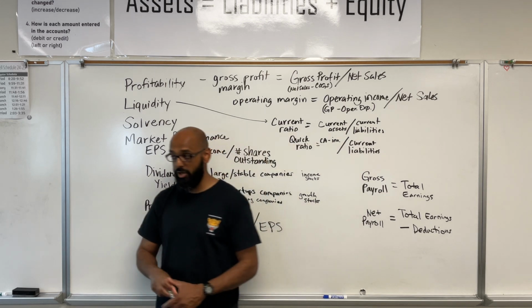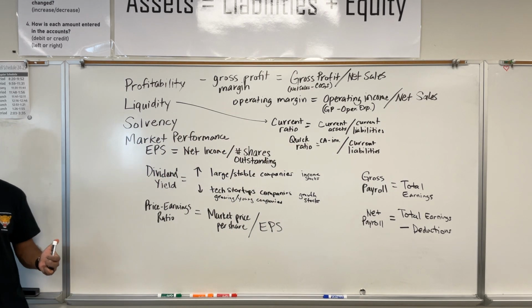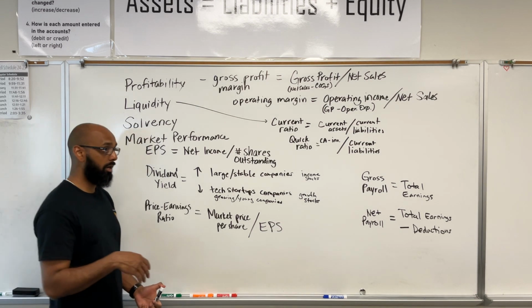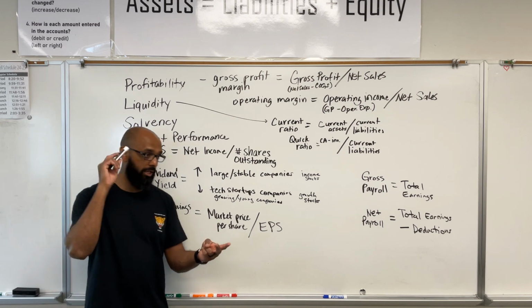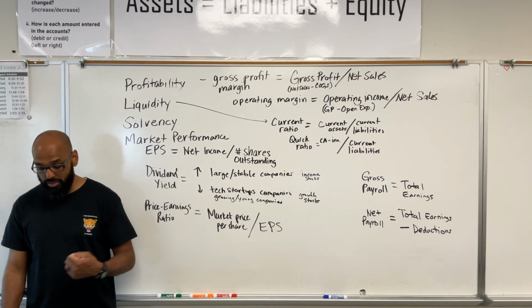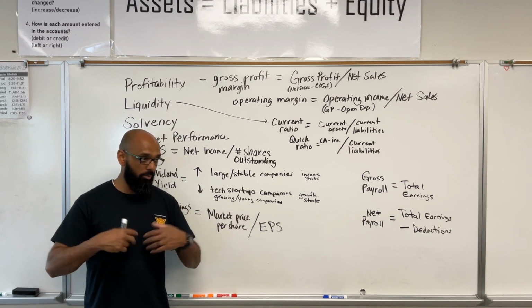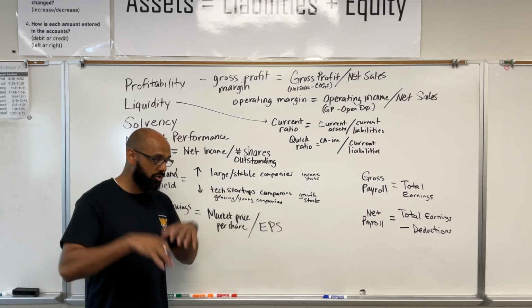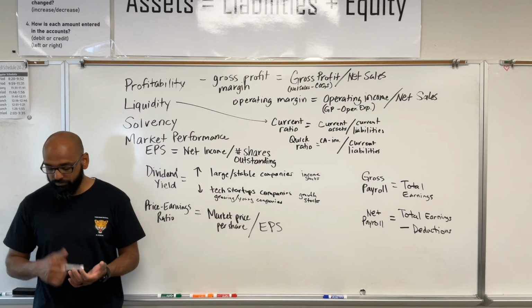Remember, you have some mandatory deductions. Everybody's got to pay into Social Security and Medicare. Then you've got some elective deductions, right? If you elect to have health insurance, if you elect to contribute to your 401k, and so on. Your net payroll is the amount that employees actually take home. That's their take-home pay, what actually gets transferred into their account after all the deductions are taken out.